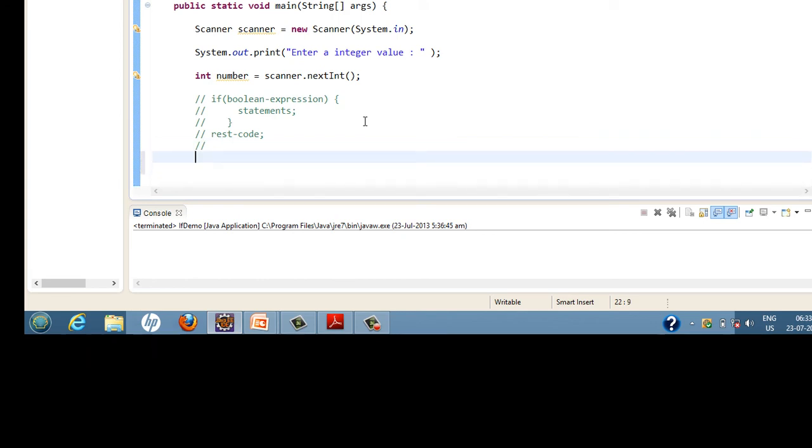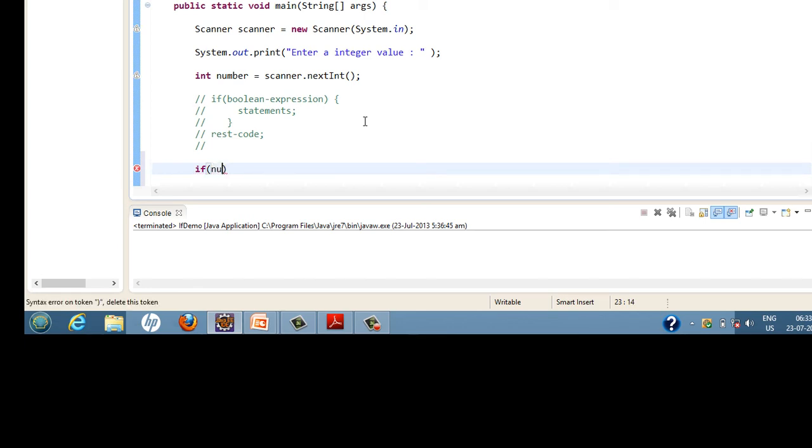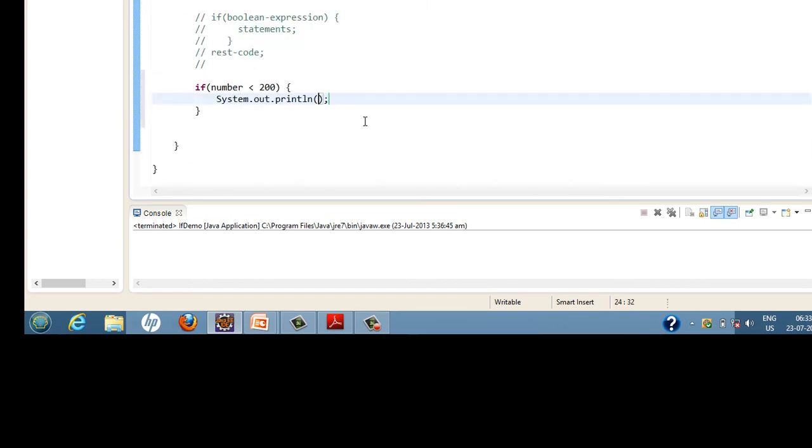So we'll code something where we check whether the user has entered a value less than 200 or not. If number is less than 200, we will just print out that the user entered value, whatever the user entered in the console. We'll move ahead and just print the rest of the code, say.